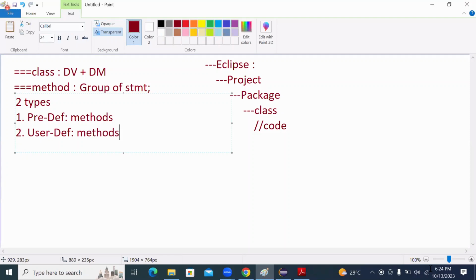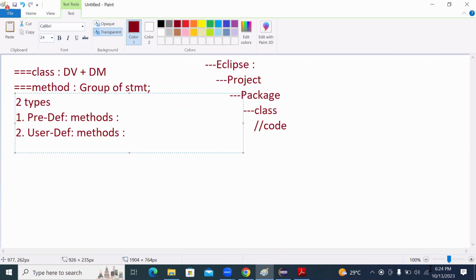One will be predefined methods, and one will be user defined methods. See the understanding? The first thing, we have a method, and that method has two types. How many types? Two types. What are the two types? Predefined methods and